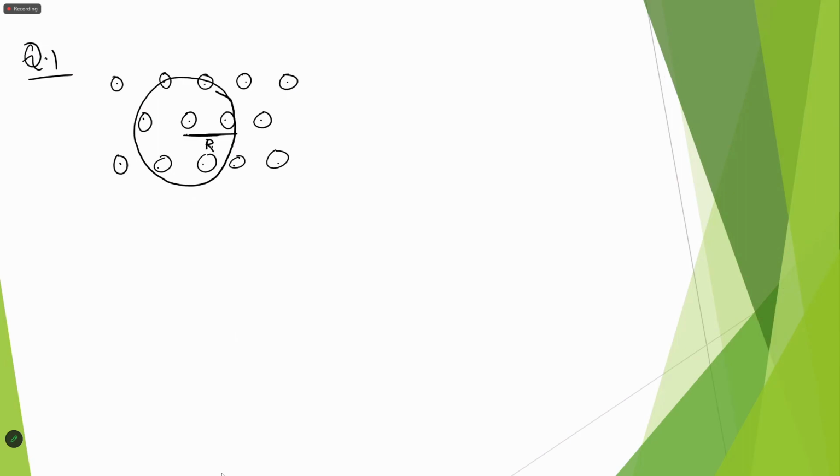Now, this is the axis of rotation, which means it is rotating like this, inside the magnetic field. As it rotates, the magnetic field lines passing through this coil will change, which means there is a change in flux. We are now asked in the question, find